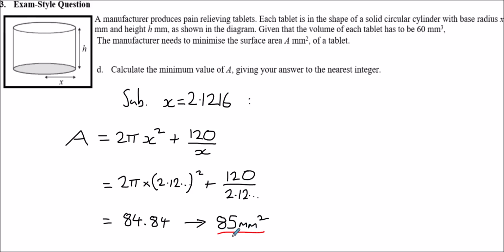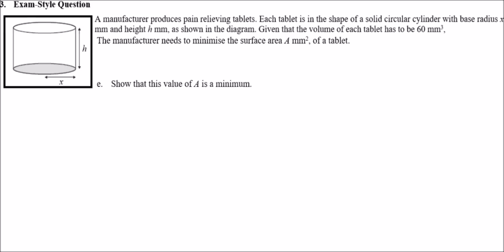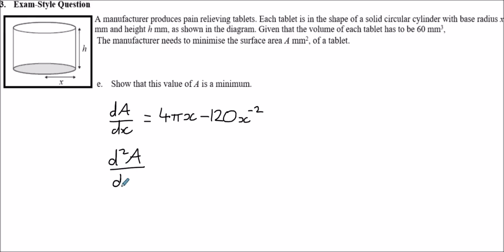Now again, I have said for part C and just now, is this definitely a minimum or could it have been a maximum? So for part E, we're going to show and prove that this value of A is a minimum by differentiating again to get the second order derivative. And so from before, we had that dA by dx was 4 pi x minus 120 x to the power minus 2. So if we find the second order derivative of this, d squared a over dx squared,